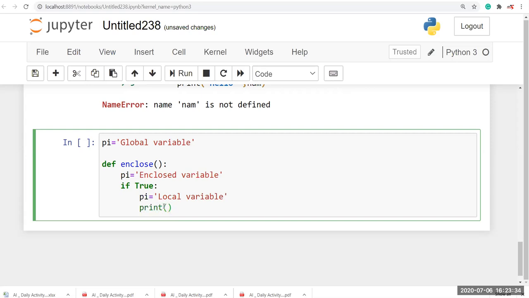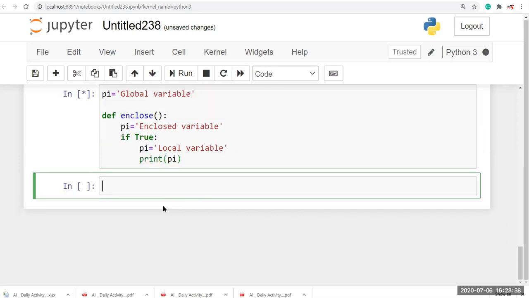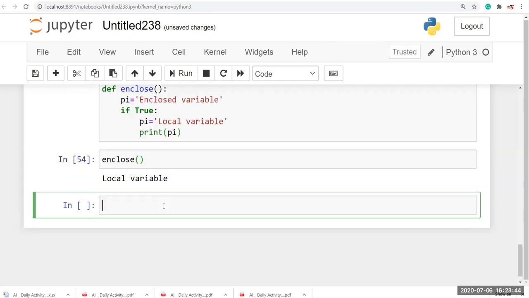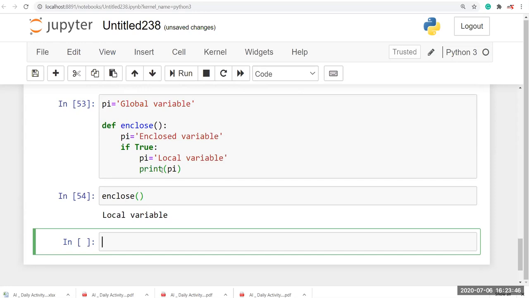Okay, so now I'm going to print this, print pi. So I run this. Now I call the function enclose. Okay, I'm going to run this. So now you can see here, in the pi, first it prints local variable because it is near to the print function, right?